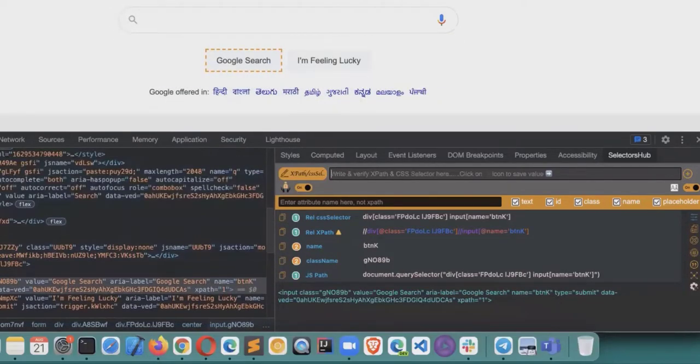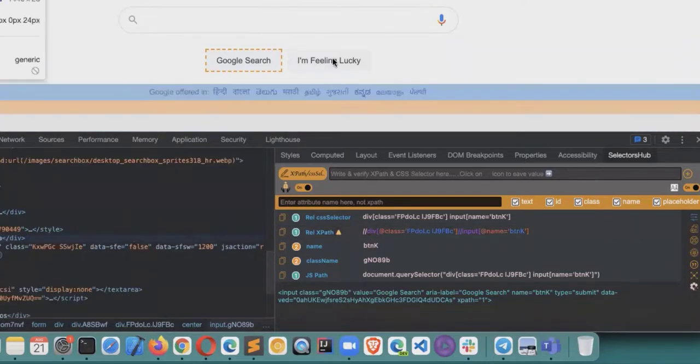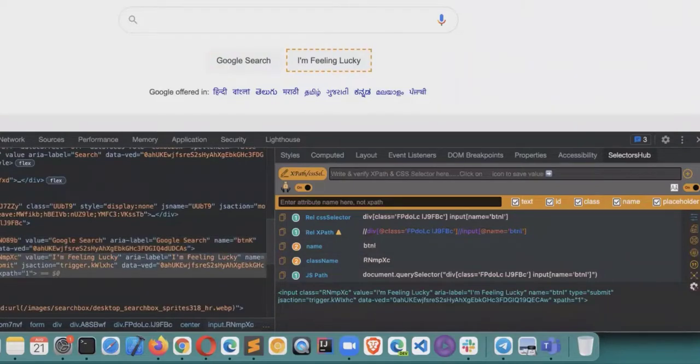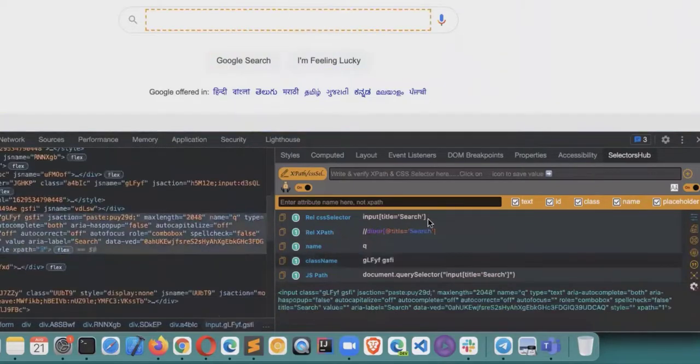Like if I'm selecting XPath, I will jump to the XPath, copy the XPath, and then paste it. You just click on this XPath, it is copied, and you can use it in your script. You just inspect the element to generate the XPath selectors. Inspect here, and you see that everything is generated.